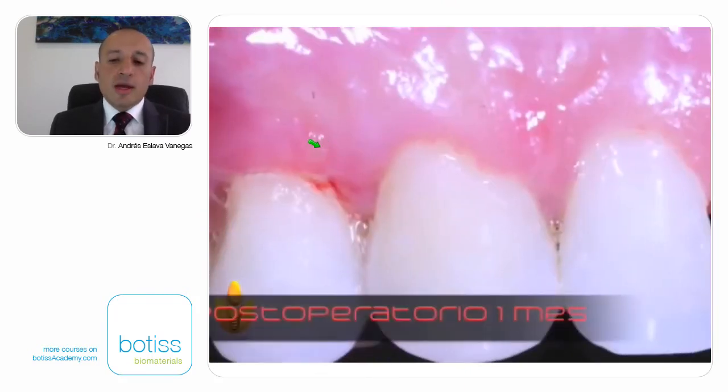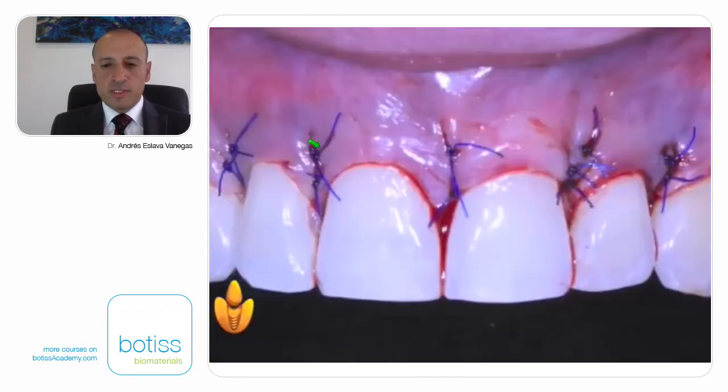I want you to check how is the healing. Here is the end of the surgery. Okay, you can see the cover. You can see the thickness of this biotype just after the surgery. And this surgery takes about maybe 1.5 hours. Okay, 24 hours later,